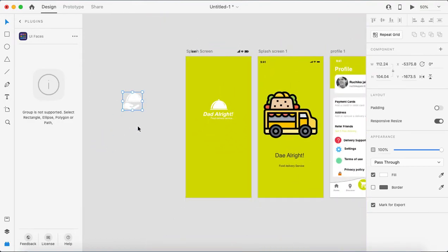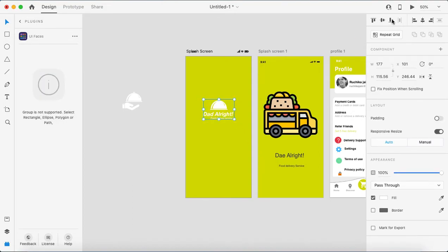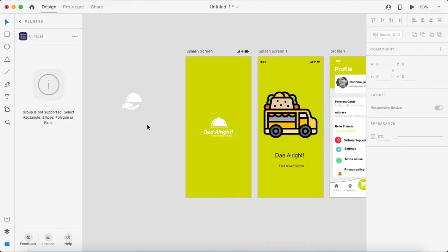Okay, now see, in their design they have used this object a little bit toward the top. So I'll make it a group and I'll center it. This is also a good practice on the splash screen. Generally the logo, the text and the whole object are in the center.